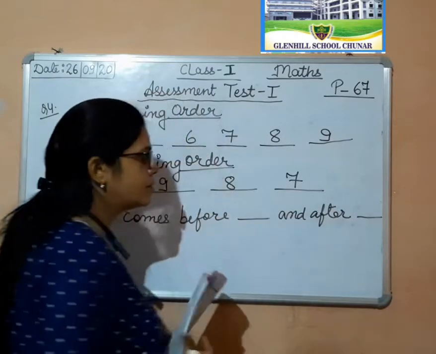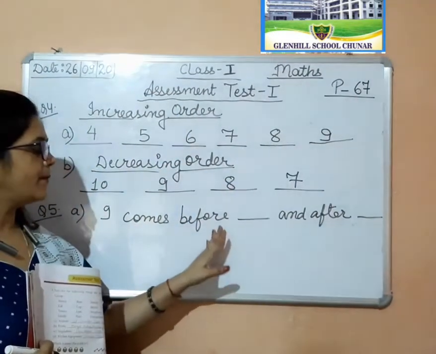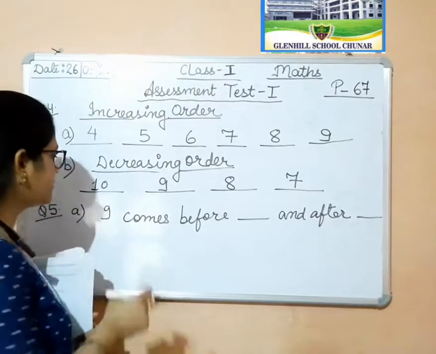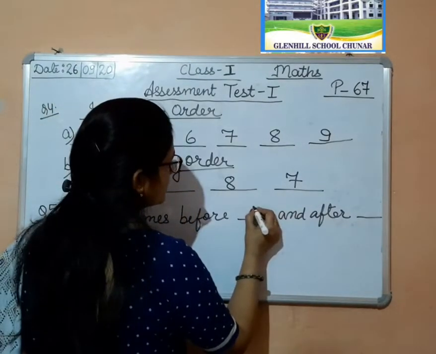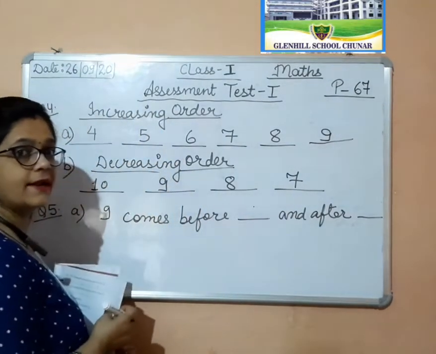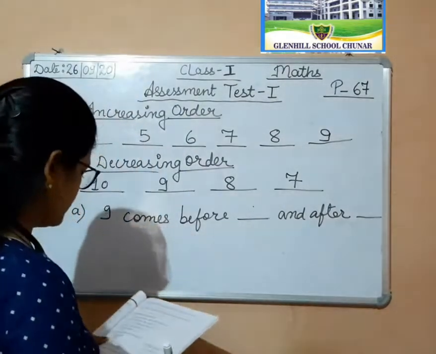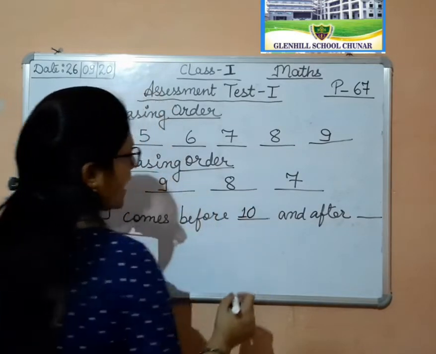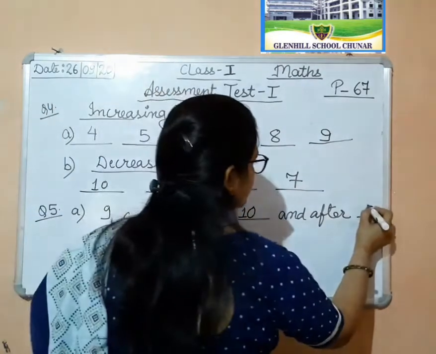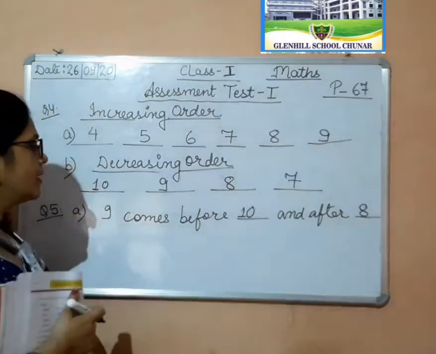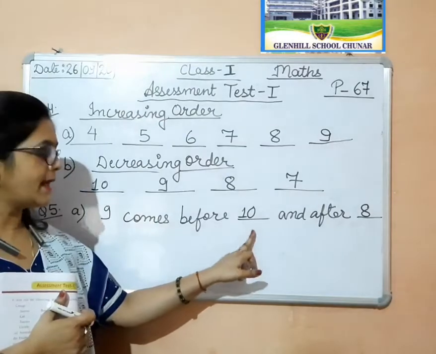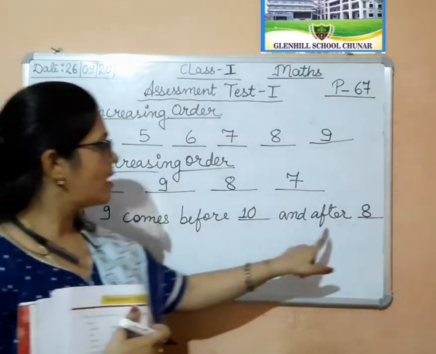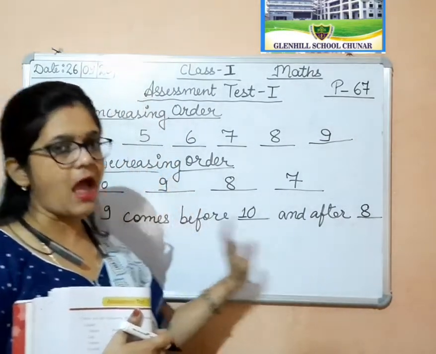डैश। सो 9 जो है वो किससे पहले, बिफोर किसके पहले आता है और 9 के आफ्टर क्या आता है। ओके, दैट यू हैव टू राइट डाउन। सो 9 कम्स बिफोर, टेल मी स्टूडेंट, 9 कम्स बिफोर, yes, before 10, good, and 9 comes after 8. Okay, got it? यानी कि 9 जो है वो किससे पहले आता है, 10 से, बिफोर। 9 comes before 10 and after 8. Okay, after 8.